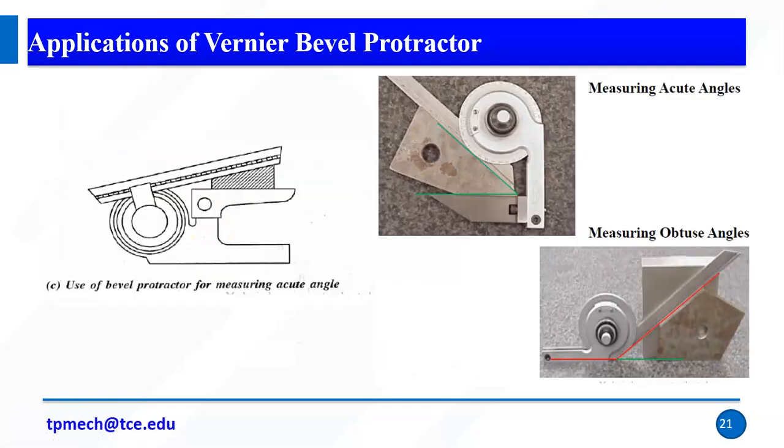Again, next one is the acute angle. Again, we have a special attachment, right? So we need to place the object, and for the obtuse angle, the acute angle place point, I can measure. So this is the way we can measure the acute angle. This is the way we can measure our obtuse angle, right? So only the structure is different. If we take the structure to that side and place it at the angle, we can see 90 and above. So whatever angle comes here, if we add 90, we can get the obtuse angle.